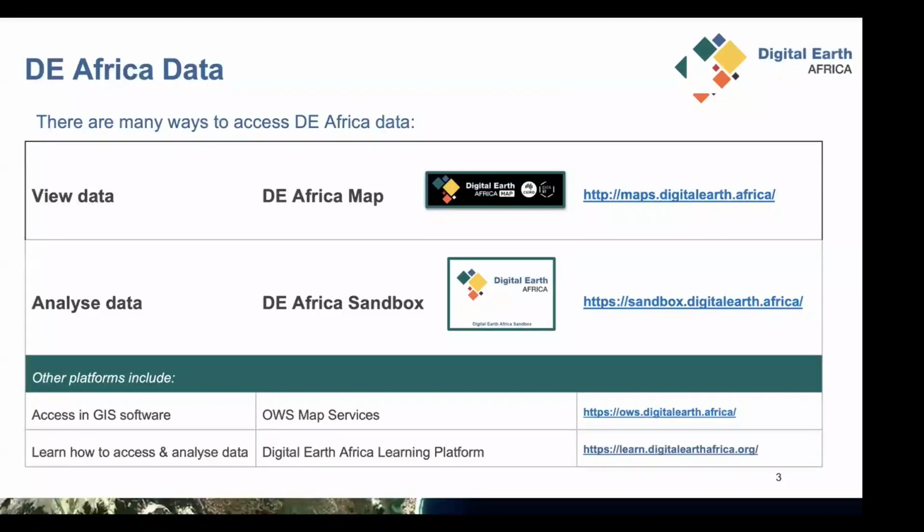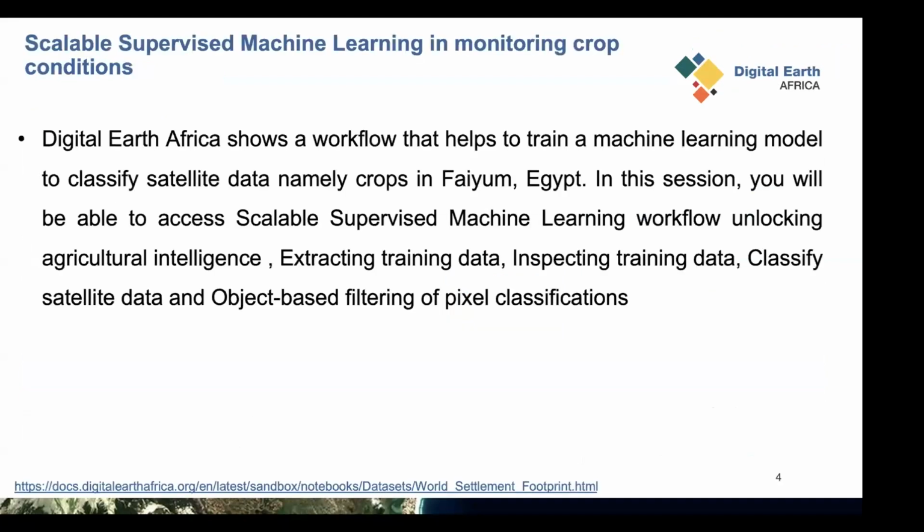So you're able to access the Digital Africa platform through the Digital Africa map, as well as the sandbox, which we will demonstrate, and as well you can access it in your other GIS software, namely QGIS and Esri and other software via an API, and then you can access the free online resources that we have on the platform. So for today's example, supervised machine learning in monitoring crop conditions, we'll use an example of Faiyum in Egypt,